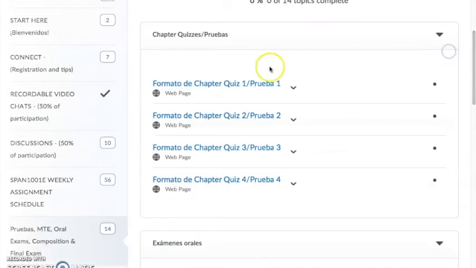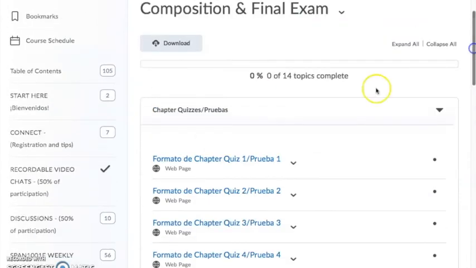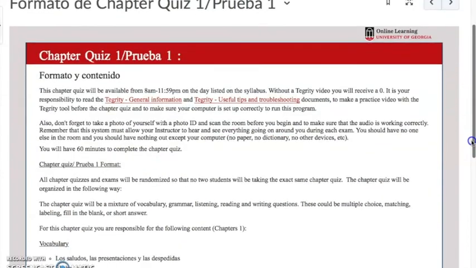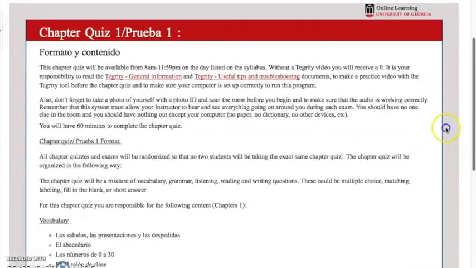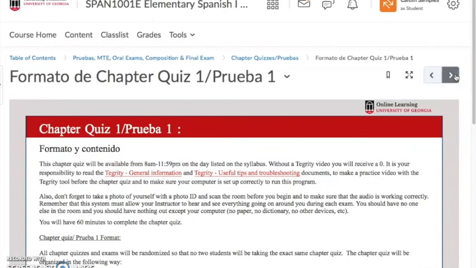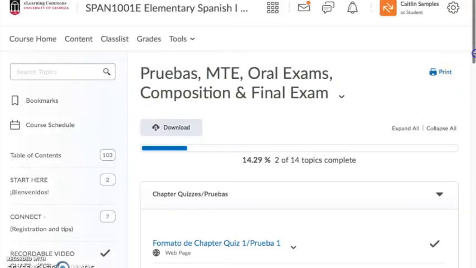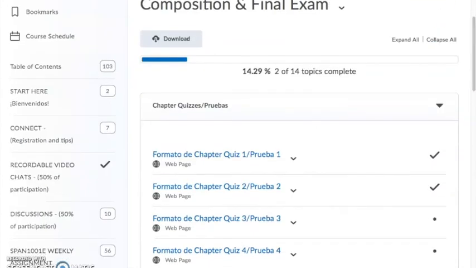All right, and you can click on each of these links to see what exactly the instructions are for that. And a lot of these things will be completed using Connect. All right, so you can click on the tabs and look through to see exactly what you are supposed to do. All right, you can use these buttons to navigate through there. All right, okay, so let's look at the next tab,